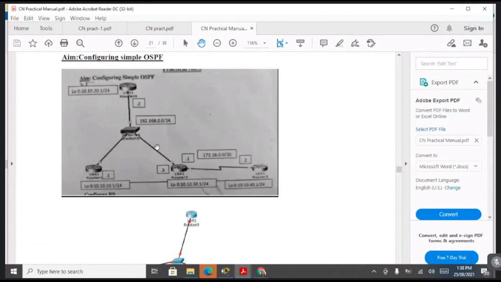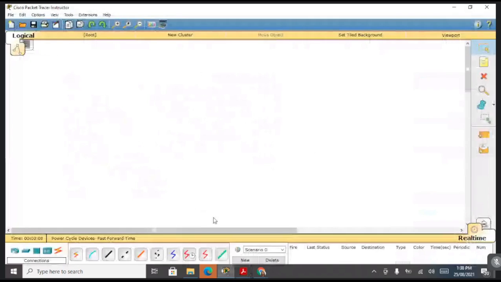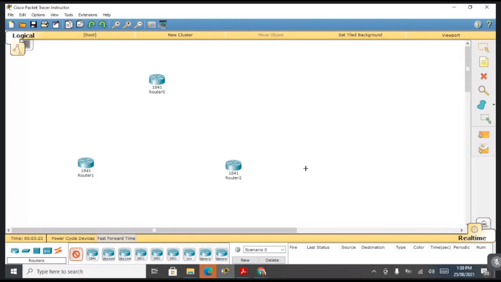So let's first create this structure. There are 1, 2, 3, 4 routers, one switch, connect with this.